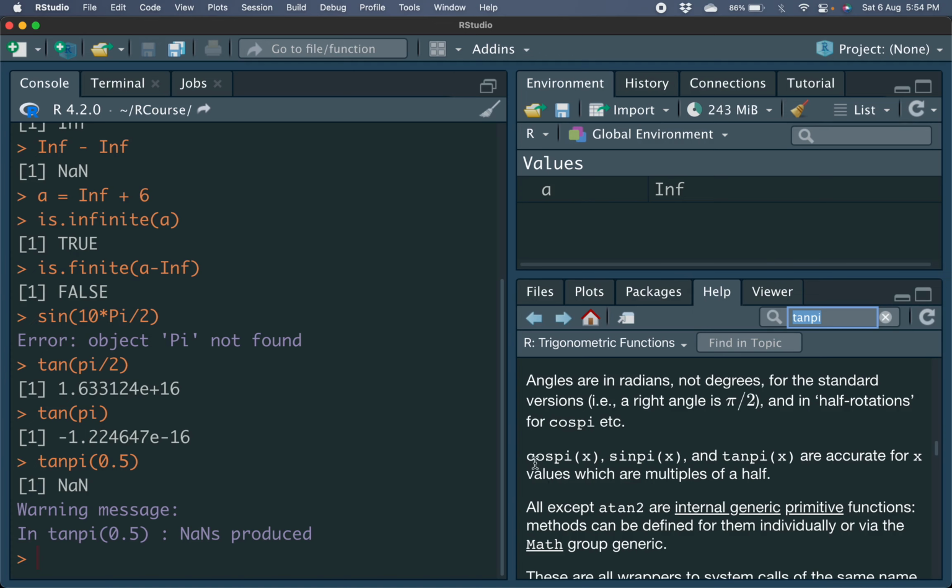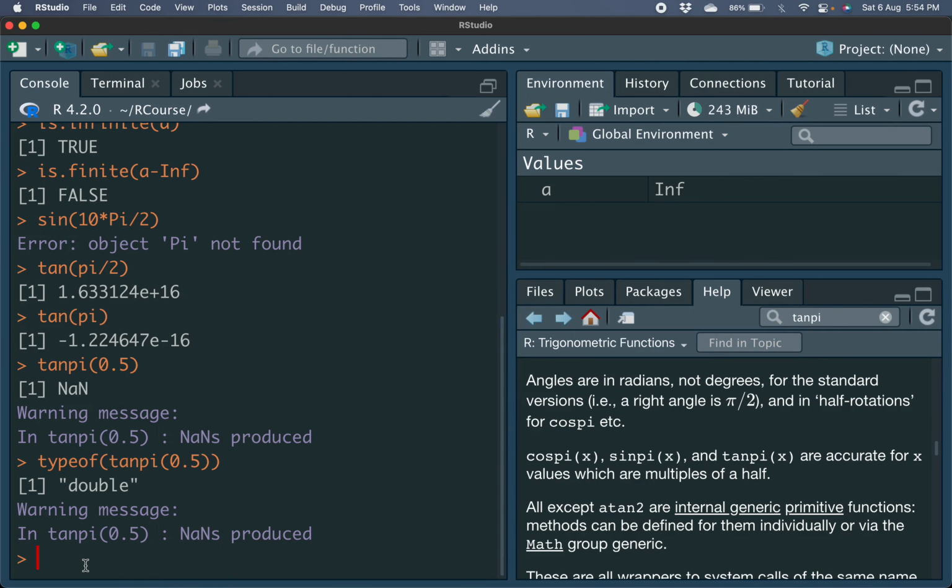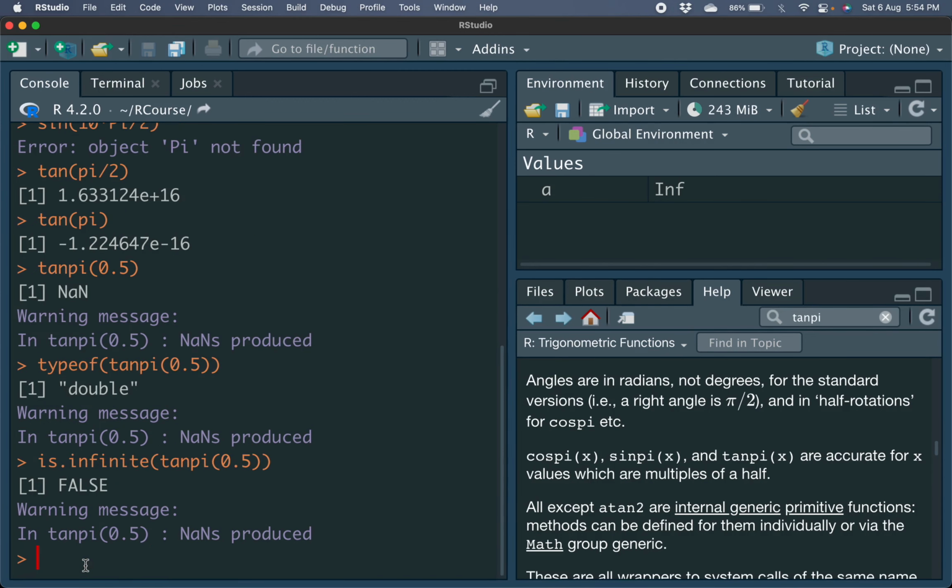It says that cospi x, sinpi x, and tanpi x are accurate for x values which are multiples of a half. But this is half. Okay, why? So let's see the type of this. This is a double, but I think this is probably something to do with,